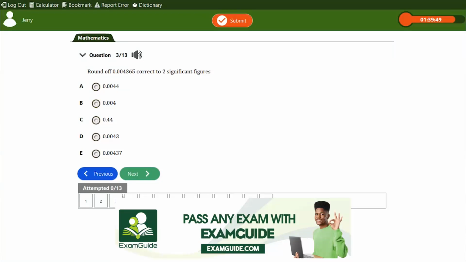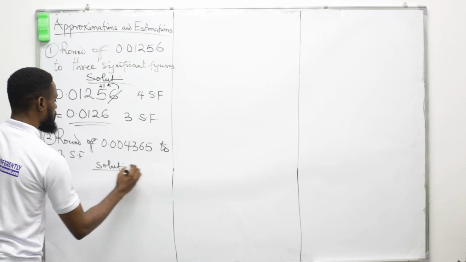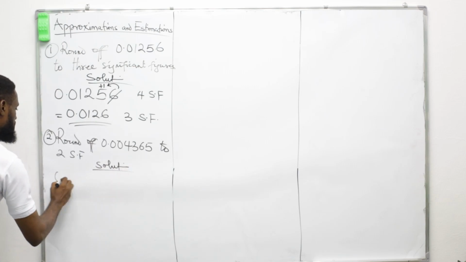Correct to what? 2 significant figure. That is to what? 2 SF. I told you that I will start using SF, so permit me to do that. All right? So this will mean